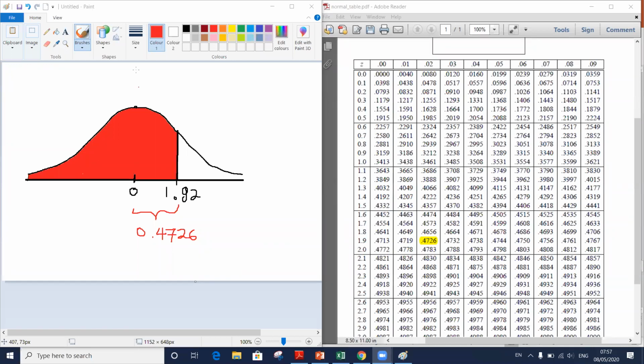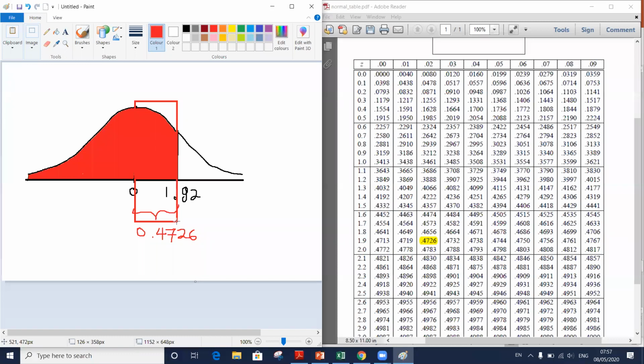What should happen? We should add 0.5. Yes, right? For 1.92, from 0 to 1.92, the probability for this portion is